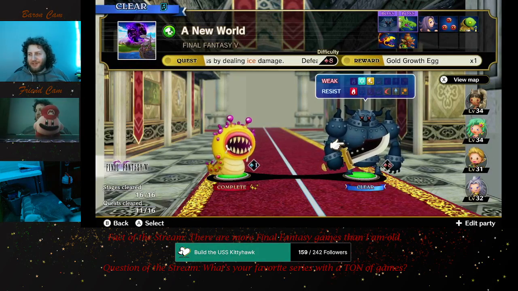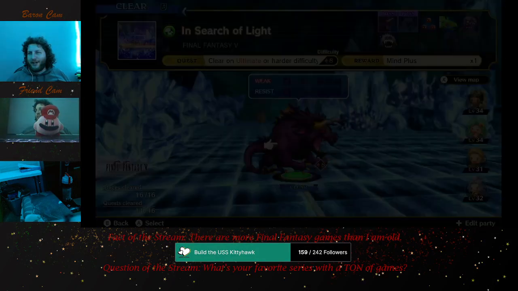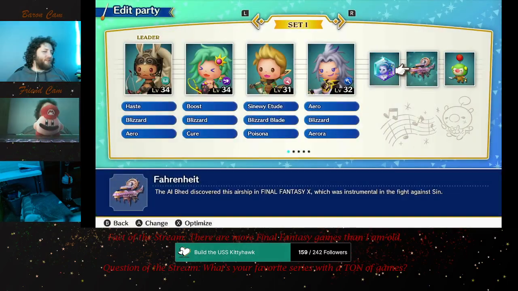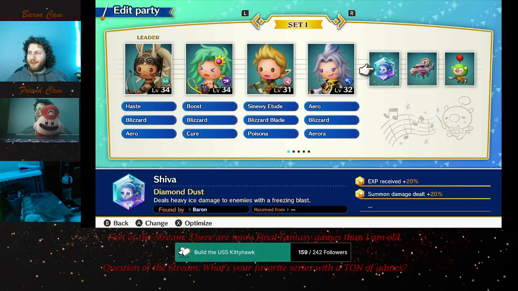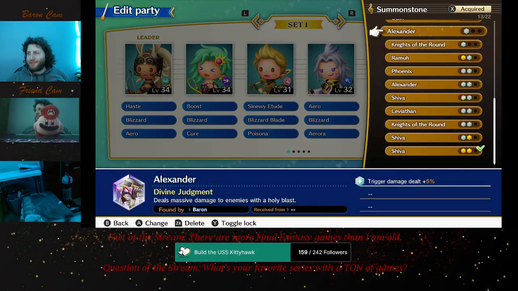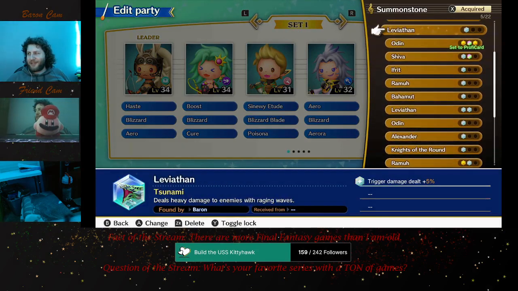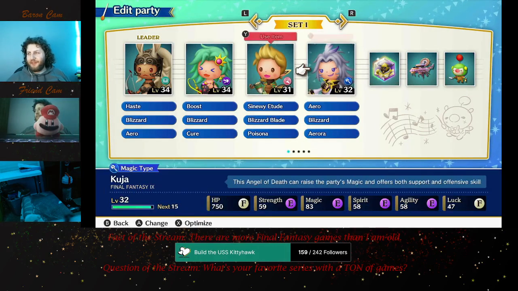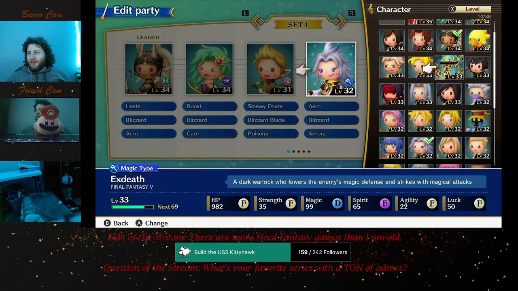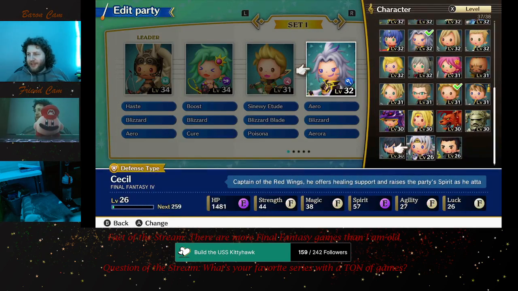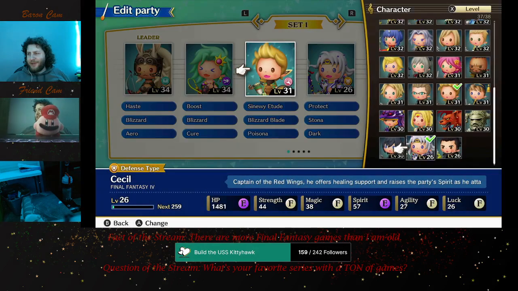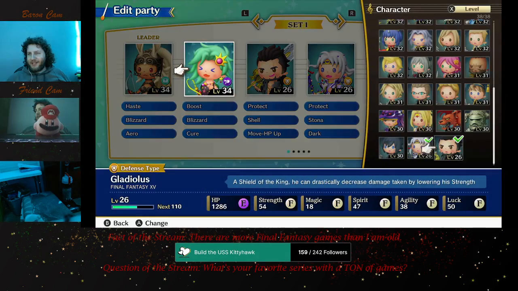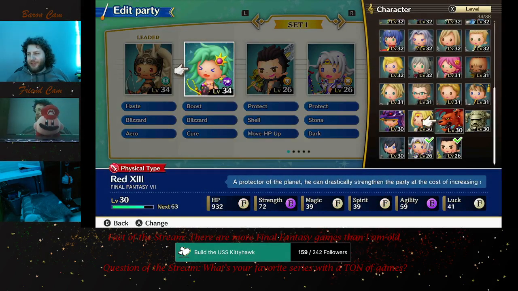Mage Dude is done, so I guess there's 2 challenges I can't complete yet. I think there's 3 songs left. Okay, Shiva, thank you for your service, but Odin has 3 skills, and that's it. Add all my remaining characters who are less than level 30, which isn't many. It's just Gladiolus and Cecil for my defensive types. Makes sense. And then I guess we'll use